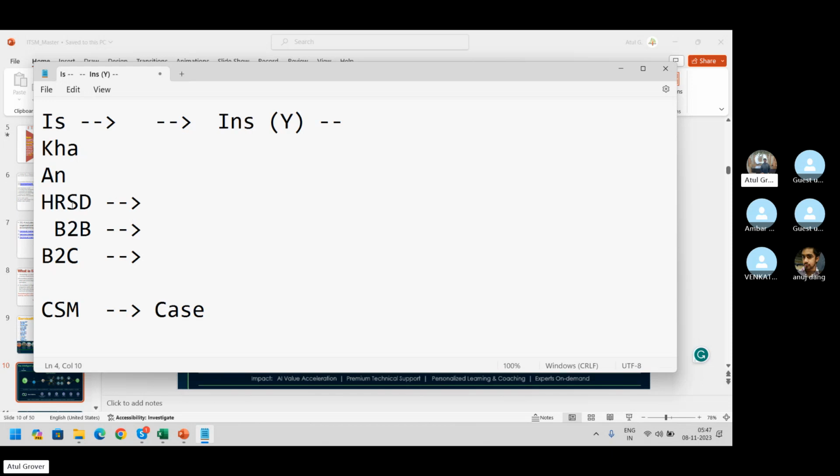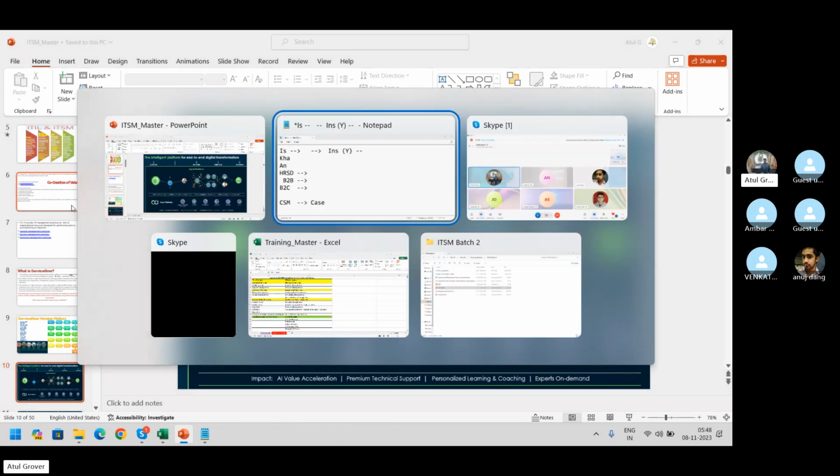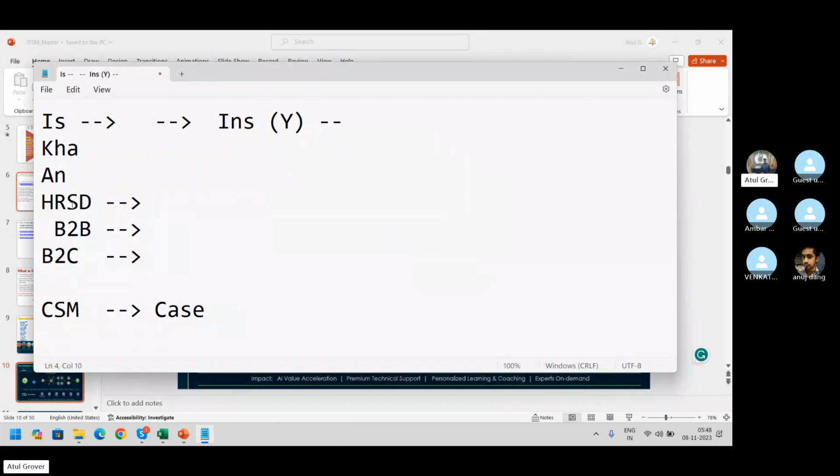Human Resource Service Delivery. Starting from the onboarding of an employee till the offboarding of an employee, everything can be recorded, everything can be maintained, everything can be tracked in the HRSD module. All your policies, your leave plans, everything can be tracked in this particular area. This is the concept of HRSD, Human Resource Service Delivery. Again, it is a different product provided by ServiceNow.